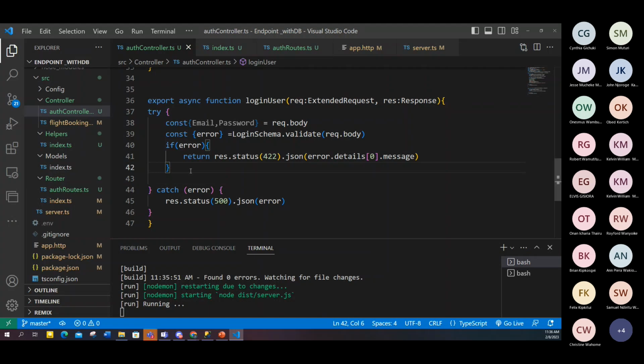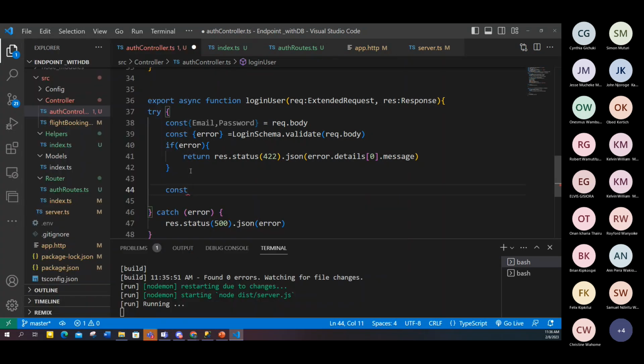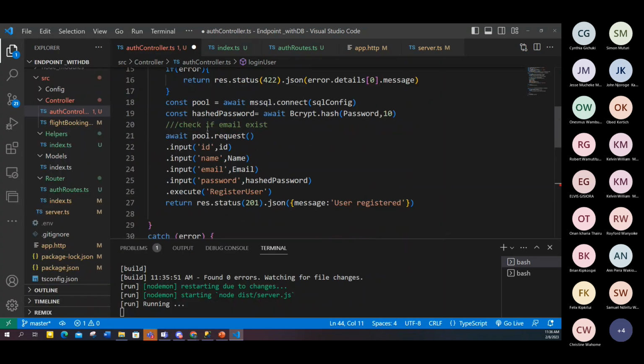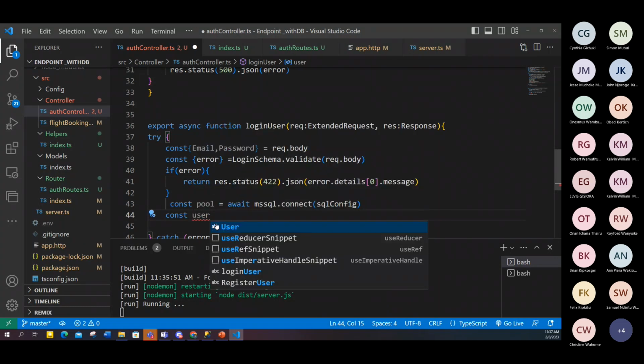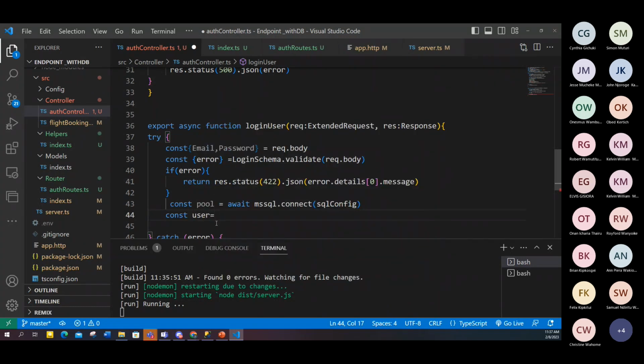And we need to check on the next thing. So the next thing will be first to check if the email exists. So I'll say constant, I'll execute a stored procedure. So we wrote a stored procedure to get user by email. So I'll say user is equals to await,